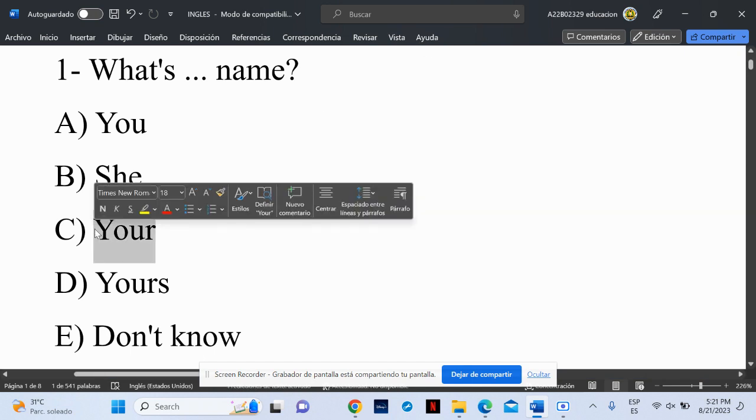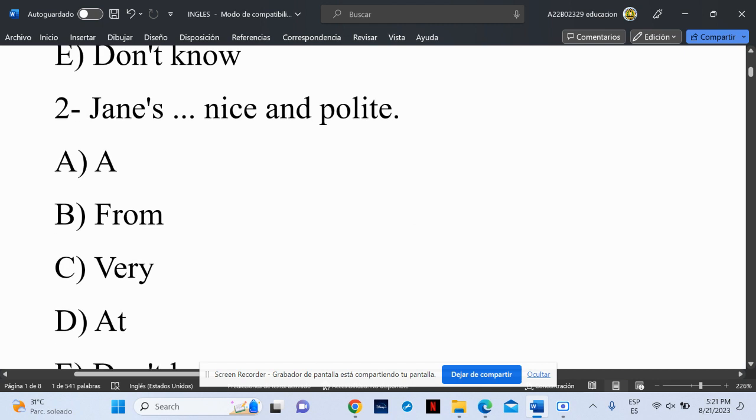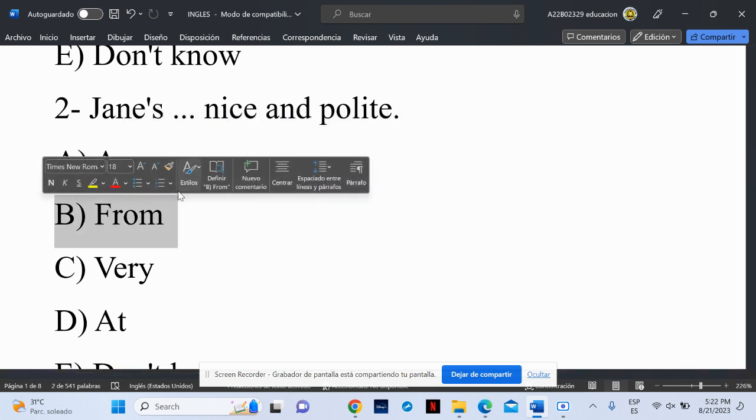Y de este modo, trabajando con gramática, trabajando en base a la organización de cada una de las opciones. Si nos vamos a la número 2, esta dice, James, blank space, nice and polite. And what would be the correct word in those sentences? For example, here, James, if you use letter A, James are nice and polite. Or letter B,